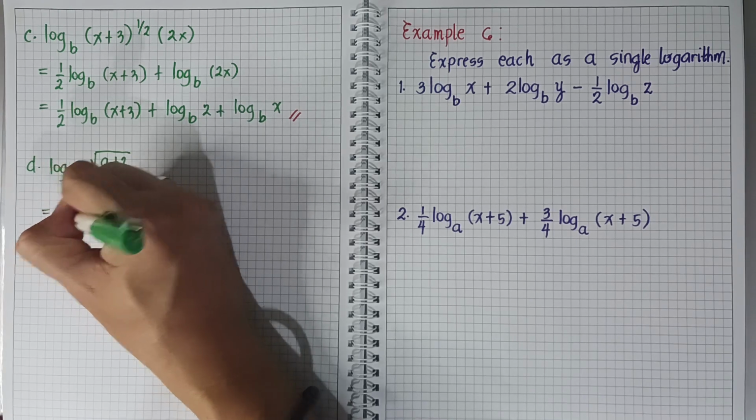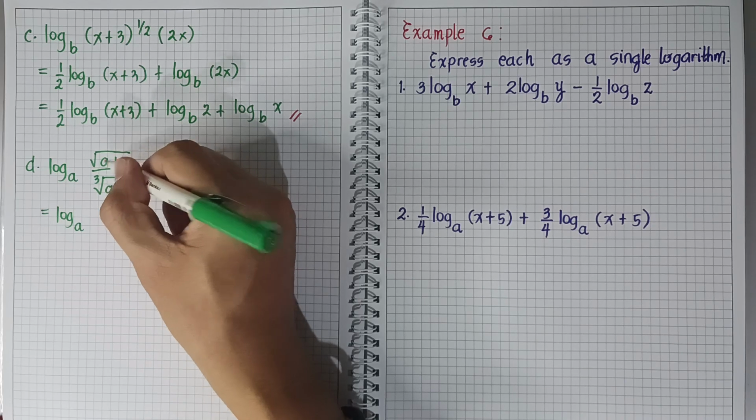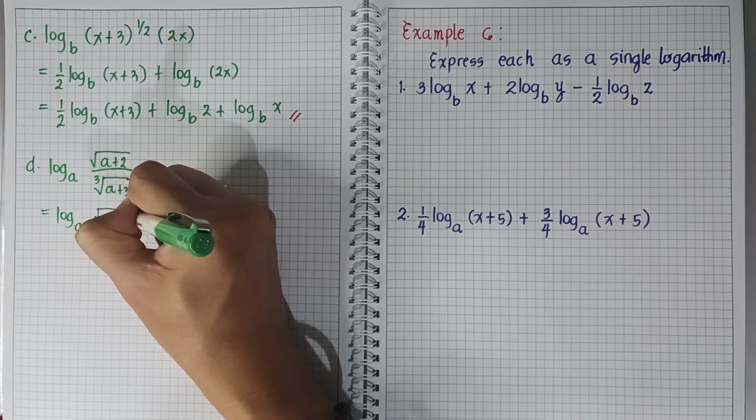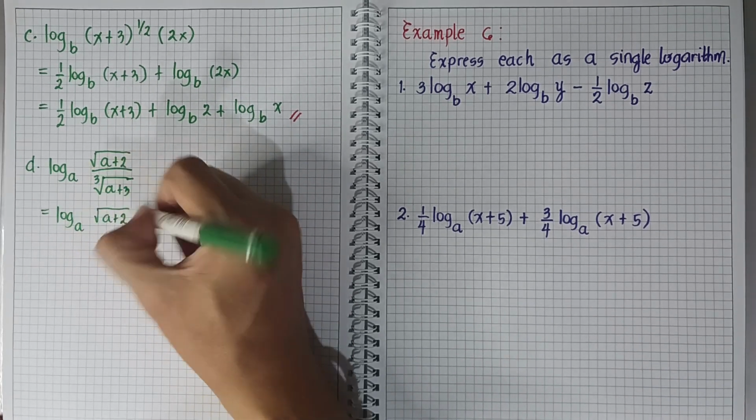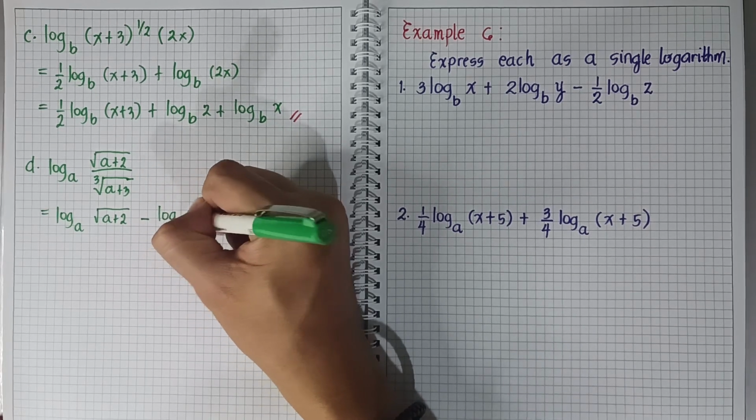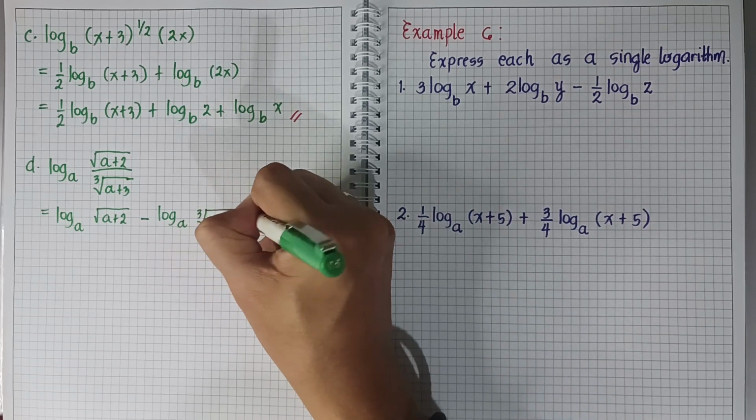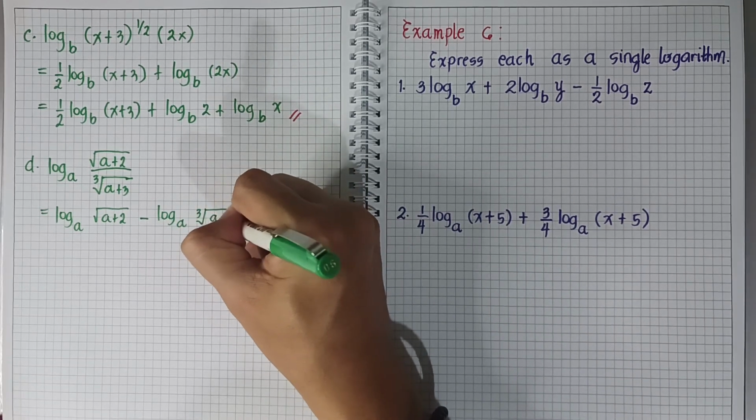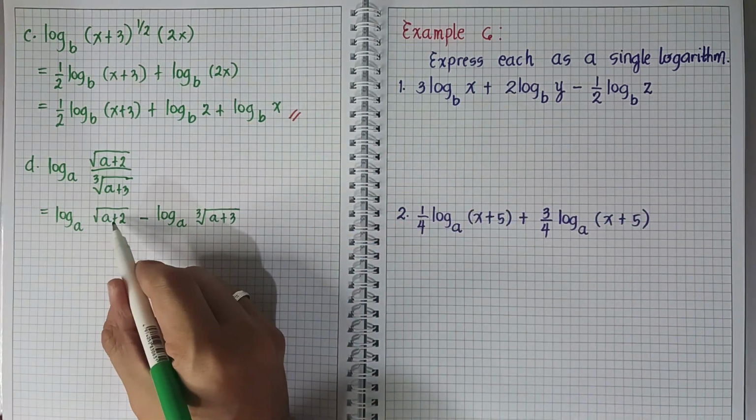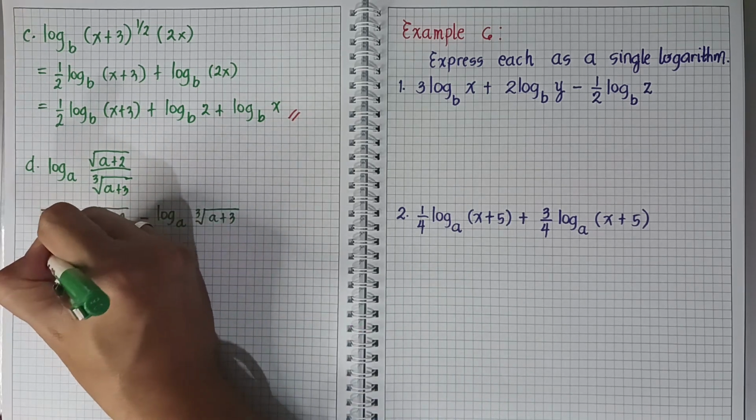So the logarithm of, copy the base, and then this is our m, which is the square root of a plus 2. Since it's a quotient, this becomes minus the logarithm of the cube root of a plus 3. Okay. Next. So it has radicals. Let's express it in exponential form. So this becomes